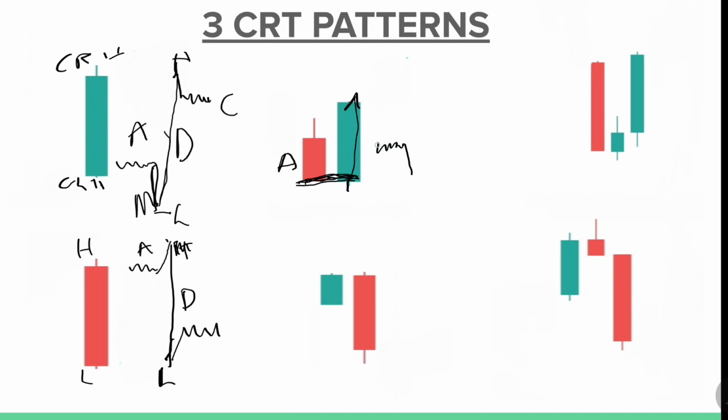This is accumulation, manipulation. The red candle gives us the accumulation. The manipulative phase is when this blue candle takes out the red candle. And now in that same blue candle you have the distribution, giving us the high of the day,